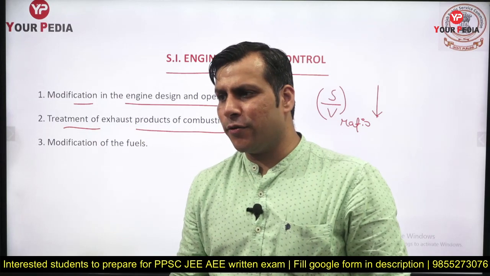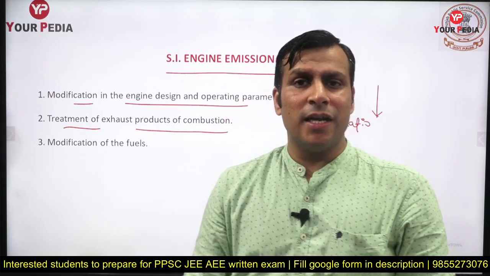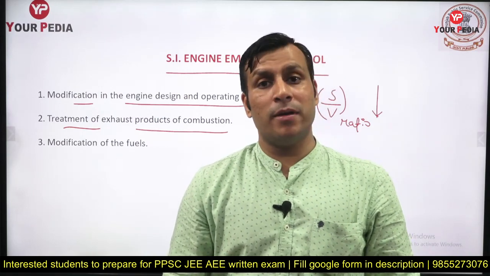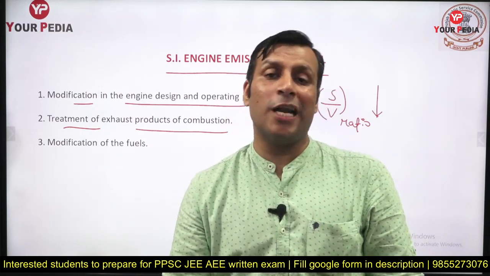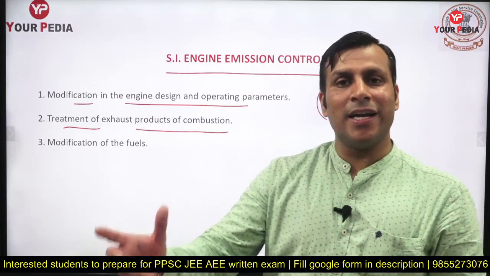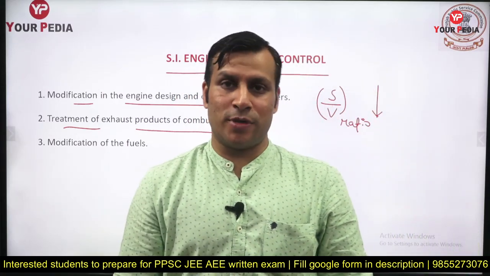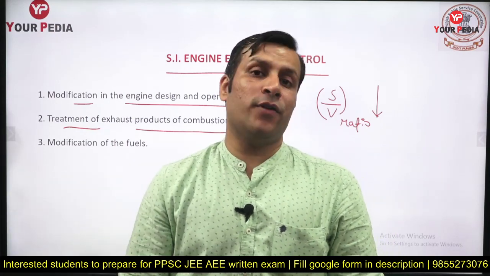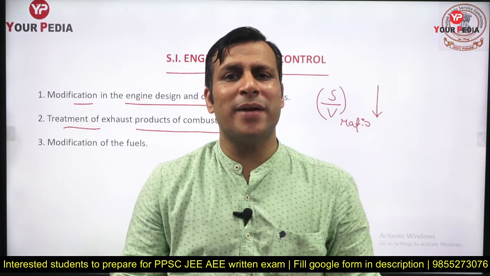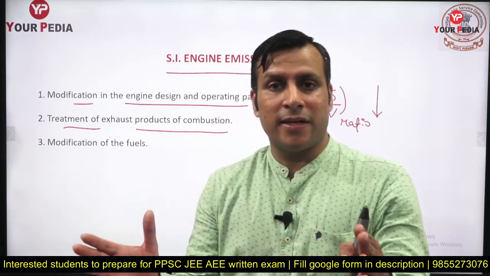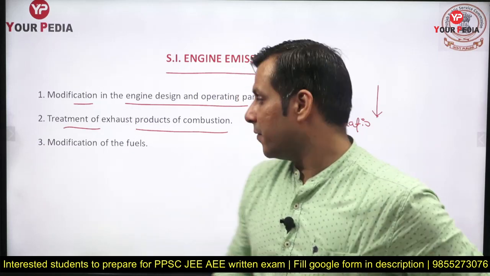So that may be a kind of burner you can attach, if you want to carry out the burning of the hydrocarbons and carbon monoxide which are going into the exhaust gases. So some kind of oxidation you can carry out by attaching a burner to the exhaust product. Okay, so exhaust gas burning you can carry out by passing the gases through an afterburner, but that is not in practice nowadays. What are we using nowadays? The catalytic converter. So in a separate discussion we will have something related to the catalytic converter.